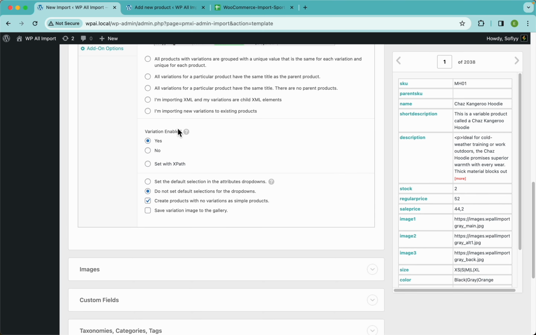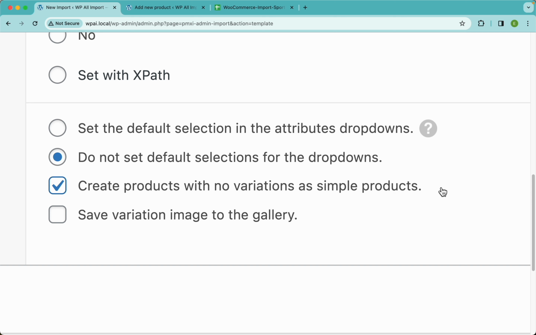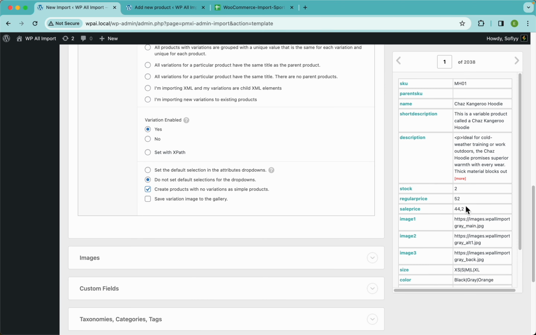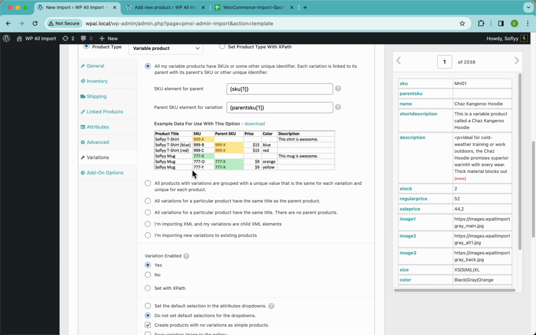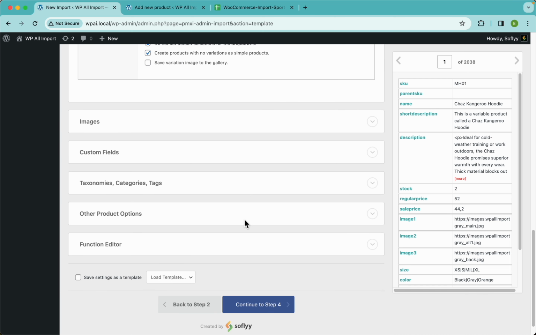I will leave these settings as they are, and these two, especially this one, because we want to create products with no variations as simple products. In this file, there are some simple products, and I do want to create them all using this option. All right. Now we're ready here in the WooCommerce Add-On section,